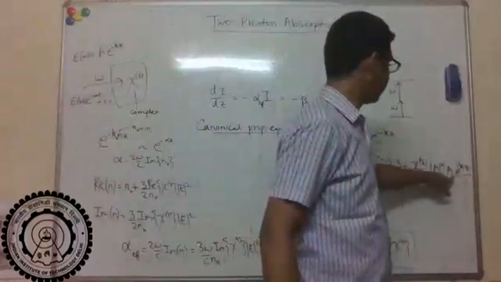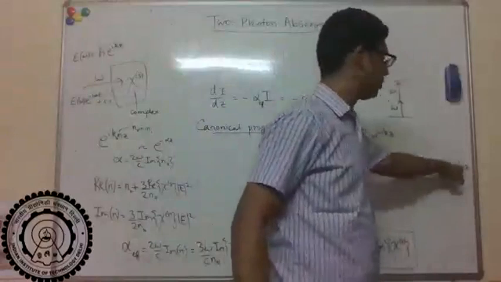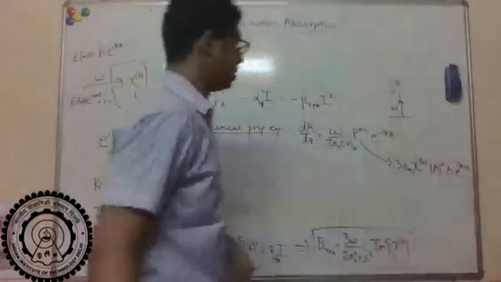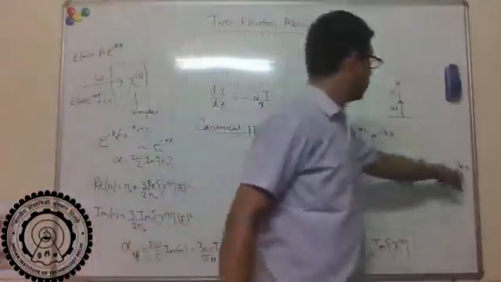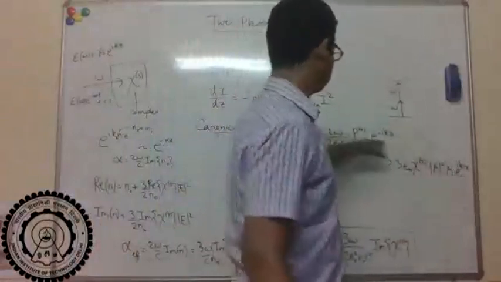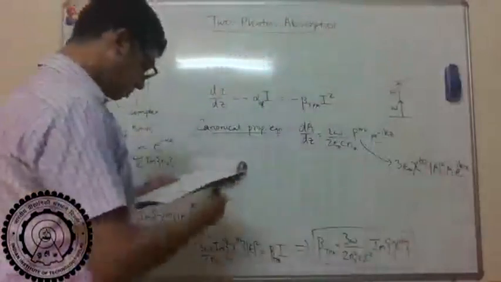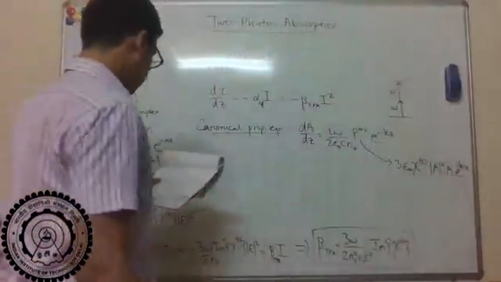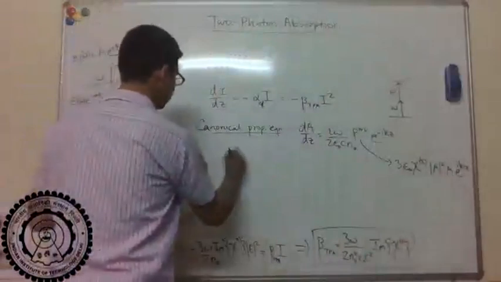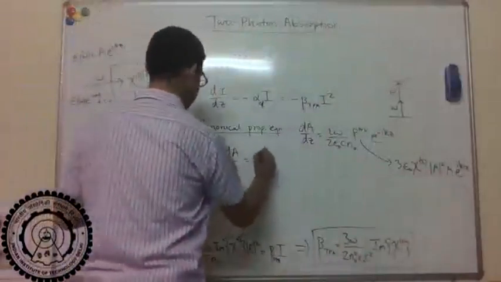So I get e to the ikz, e to the ikz, and e to the minus ikz from the conjugate. So I'll have one term left, which is e to the ikz, and that will actually get cancelled by this e to the minus ikz, which already is appearing in the canonical propagation equation. So basically, you can write dA by dz as